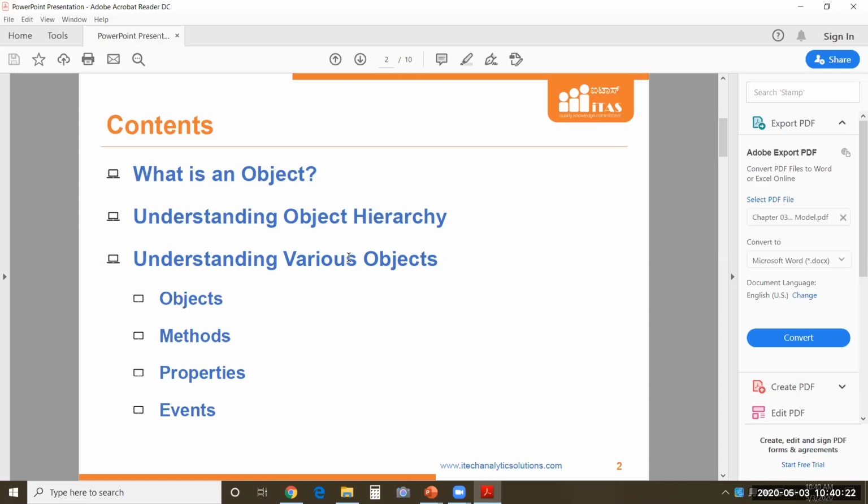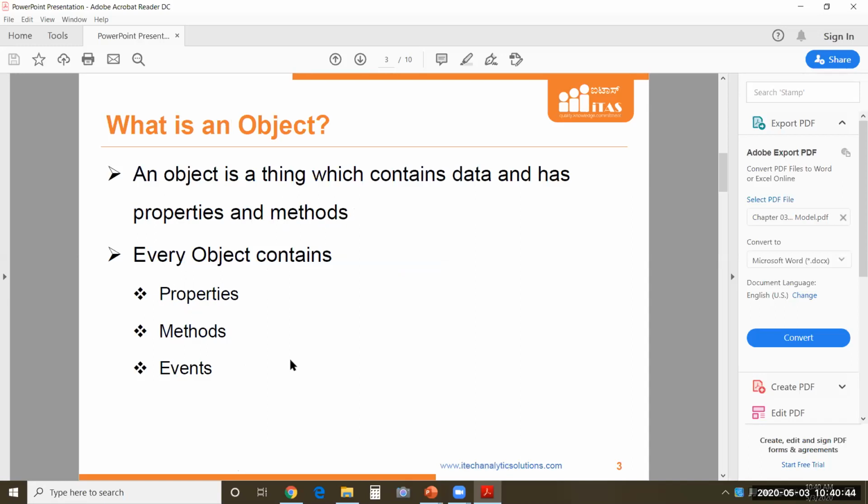So what are the different methods and properties that are available to us for that particular object, how to use them, and what are the different events that I can make use of for those objects. So these four things are the core part of your programming. Only if you understand this will you be able to make use of them to write the program. Without these basic things, you will not be able to write the program. So this is also explained in detail in the third chapter of our VBA course.